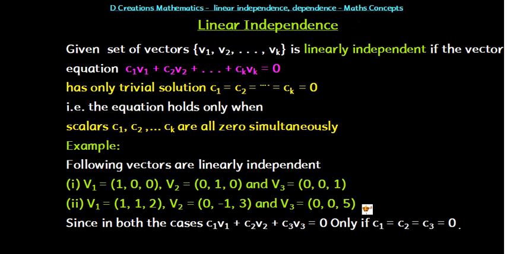If you are given a set of vectors v1, v2 up to vk, and you want to determine whether it is linearly independent or linearly dependent, of course, first you need to understand the meaning of these terms. I think what you see here is something you're familiar with. Do you remember linear combination?